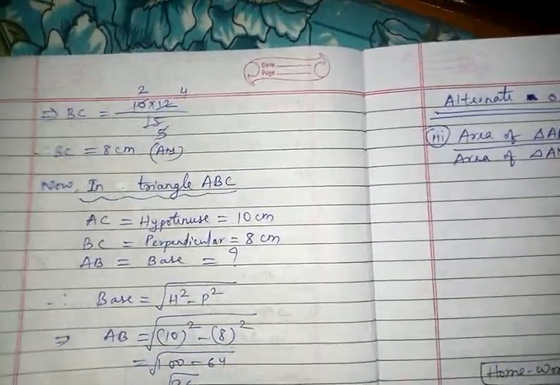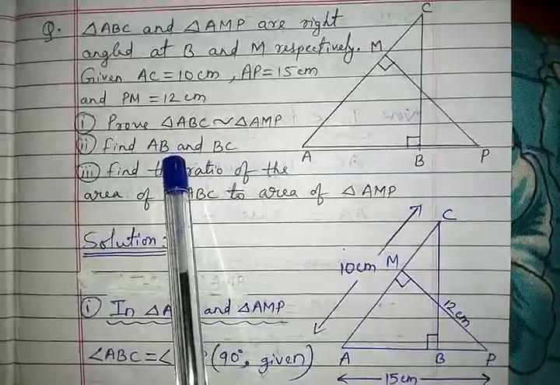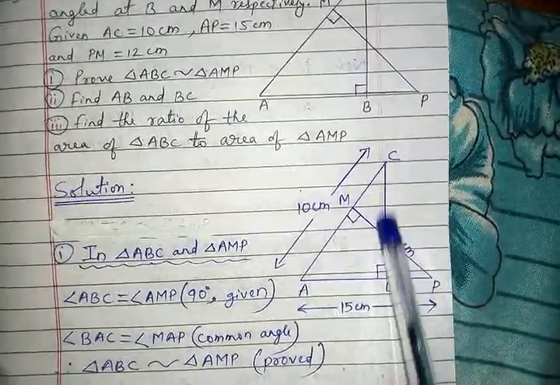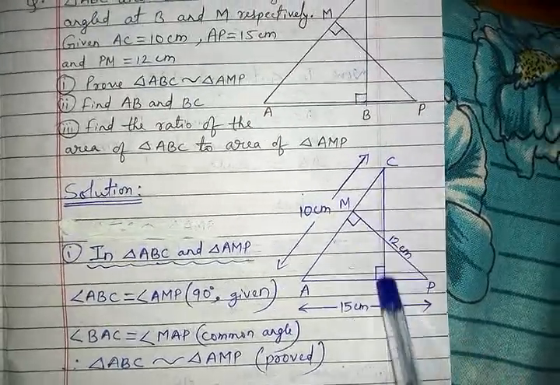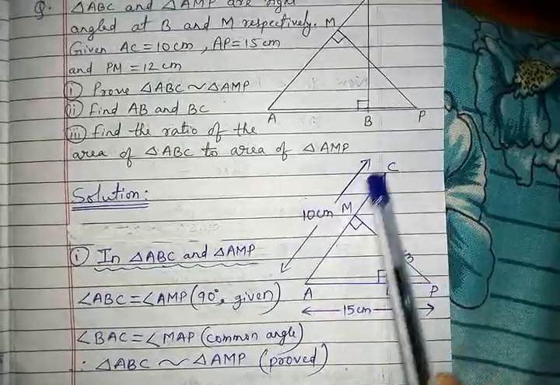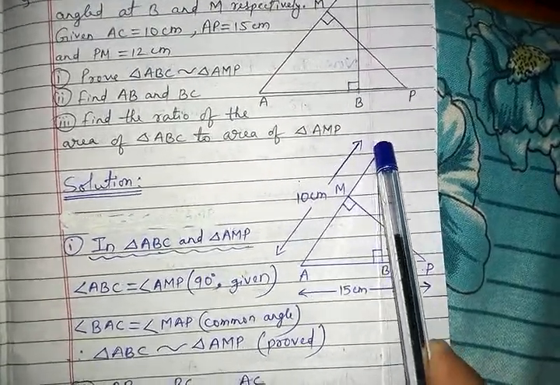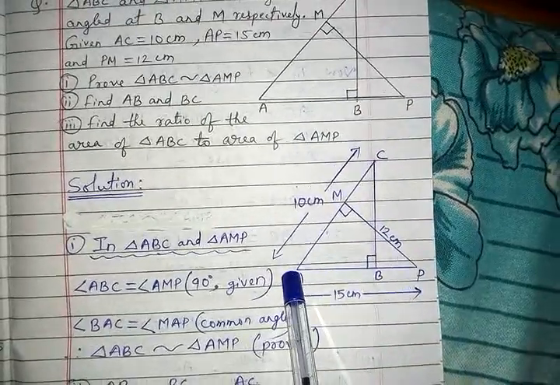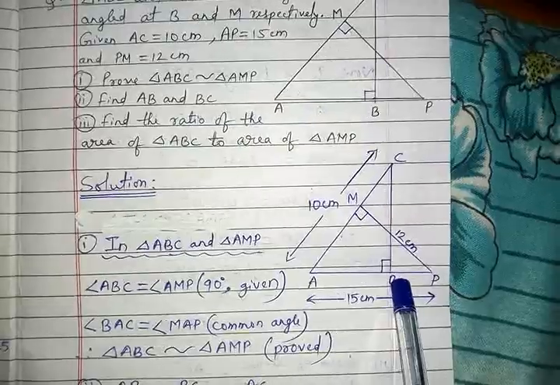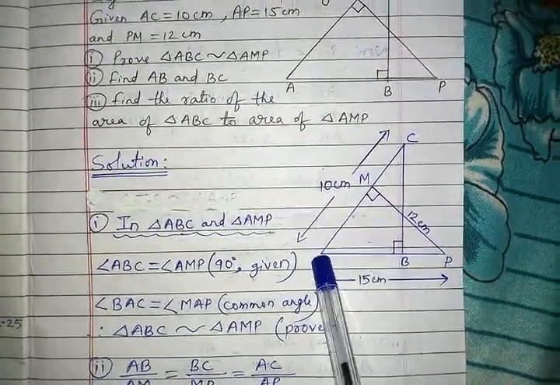But children, you can see here BC I got, but I have to find AB also. So now you can see BC value was not given. Just now I got the value of BC. AB value we have to find, and AC I know. That means in a right angle triangle, now I know perpendicular and I also know hypotenuse from the question. So now I have to find base. So without using proportionality theorem also, I can use Pythagoras theorem and find AB.